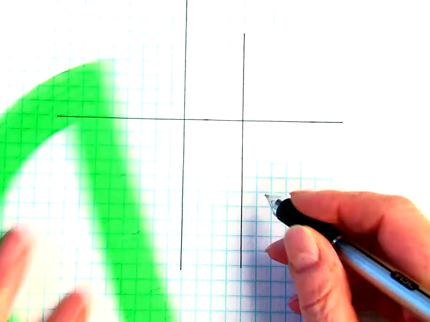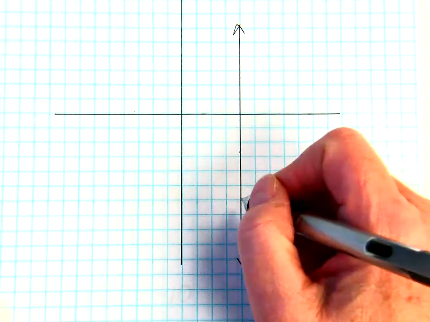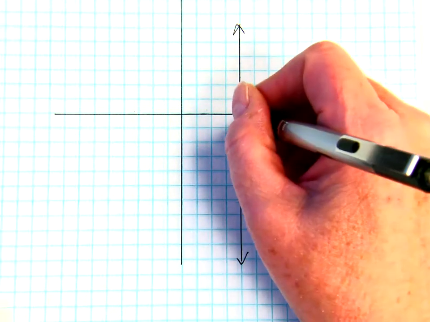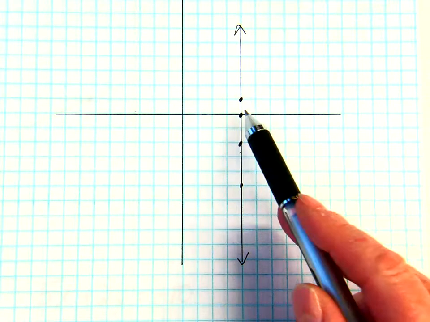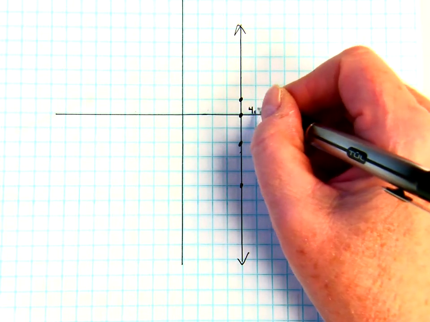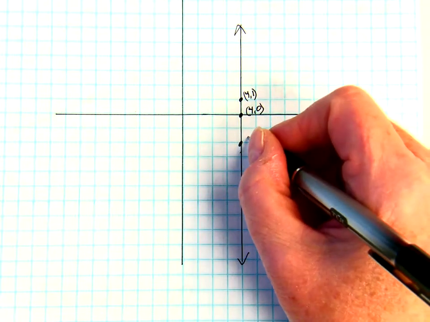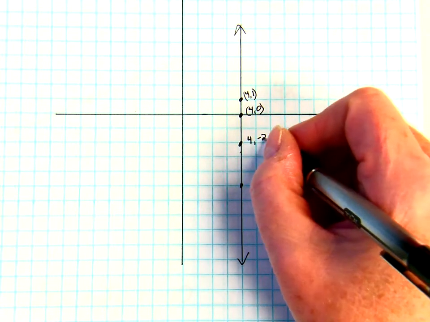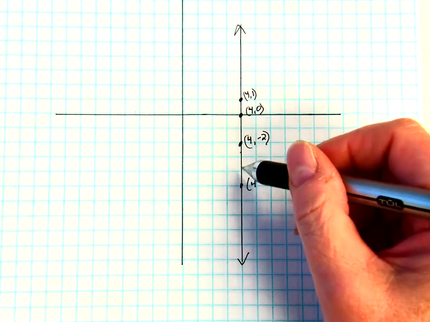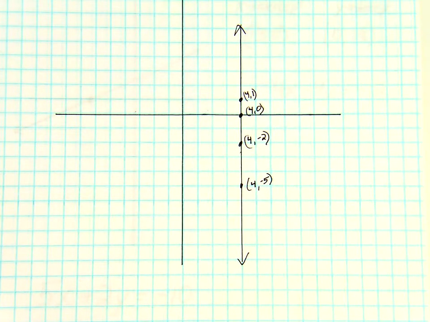Okay, here is a lovely vertical line. Now, I can pick any point along here. Let's pick this point, maybe this point. Let's go with that point because it's easy. So this point is 1, 2, 3, 4, 0. This point is 4, 1. This point is 4, -2. This point is 4, 2, 3, 4, 5, -5. And if you look at all those points,